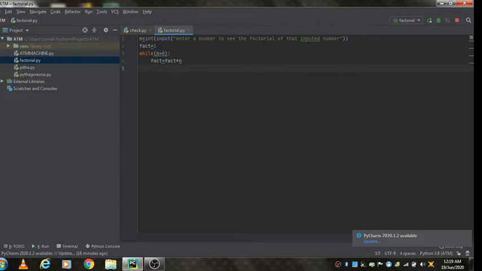Then n equal to n minus 1. It starts from 5 and ends at 1.